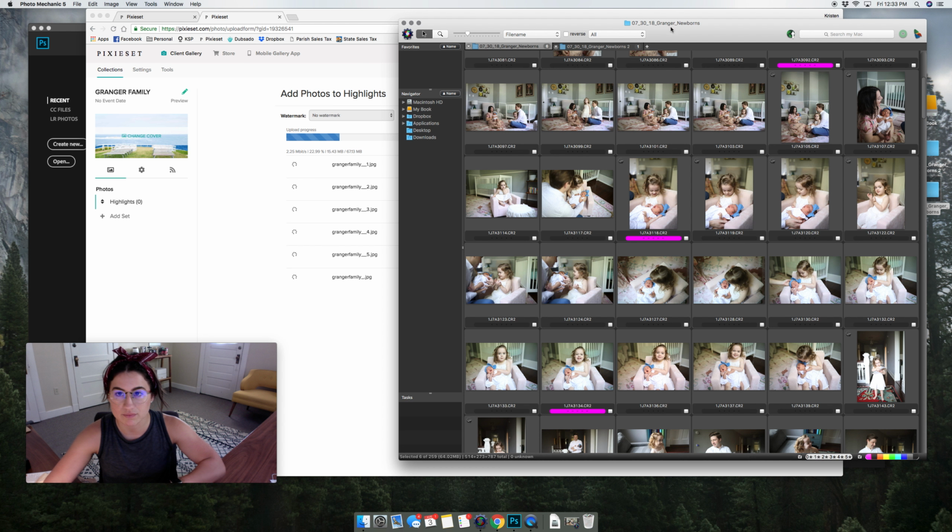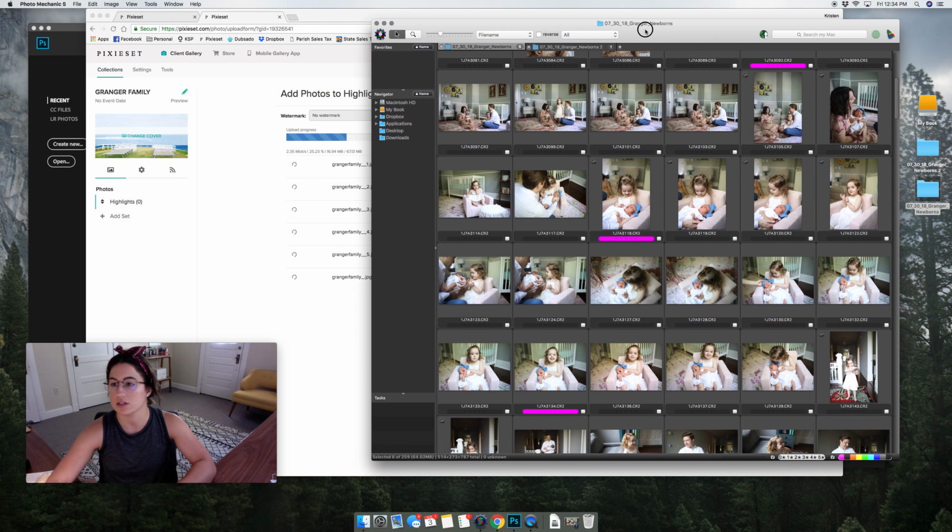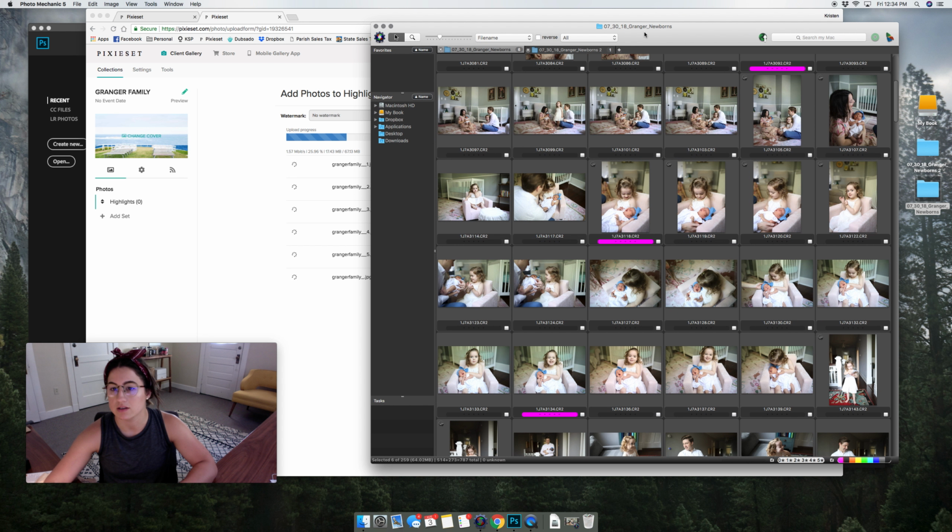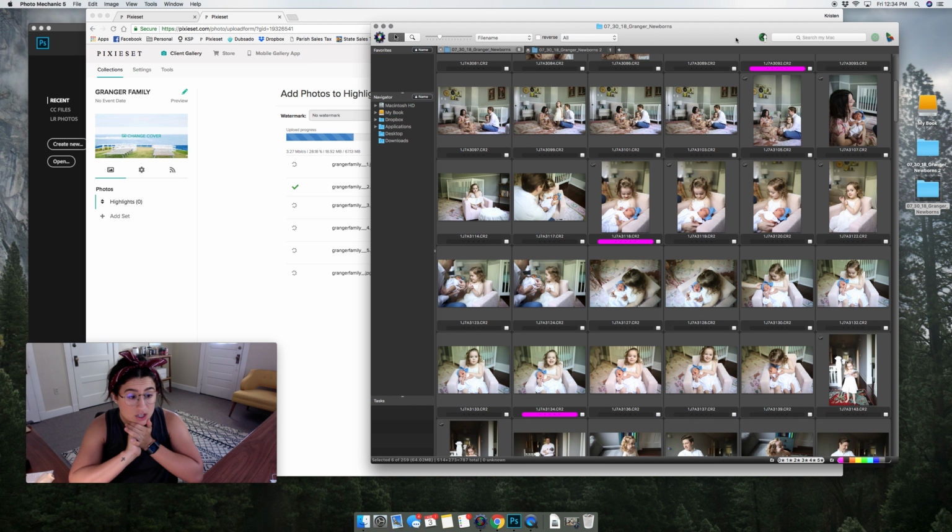I'm not kidding, y'all. If you are not an Adobe Camera Raw convert yet, come talk to me, because Lightroom, they need to work on it. It is just way too slow. But yeah, so overall that process, whenever I'm just in the zone, it takes me about 20 minutes to skim through a folder to get the proofs ready,